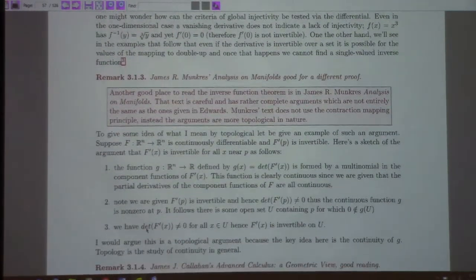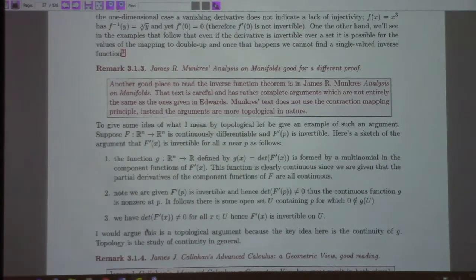There are refinements of this theorem. For example, you can read in Munkres' Analysis on Manifolds. I think he has a rather different proof that doesn't use contraction mapping. It's more topological in nature. To give you an idea what I mean by that, one of the things you might wonder in this theorem